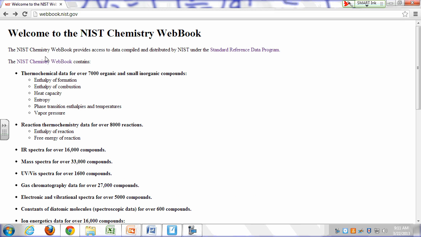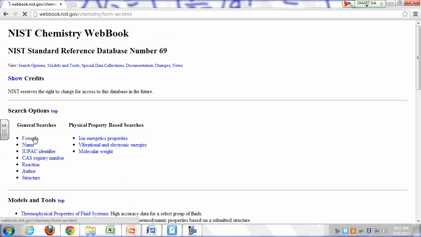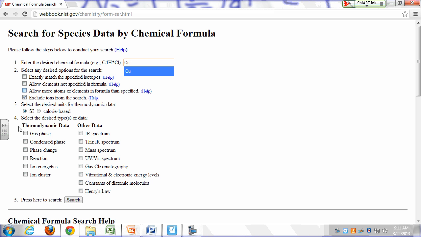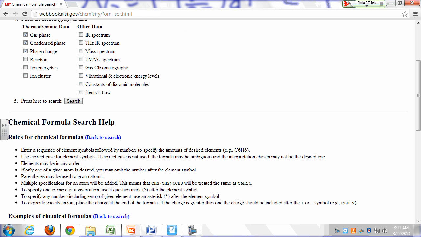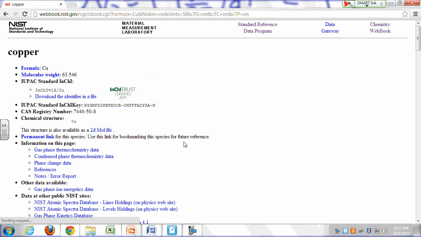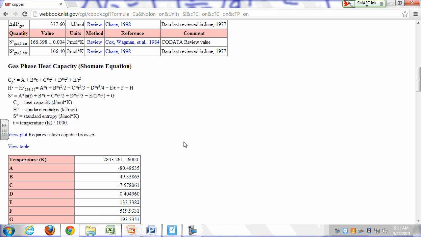Oops. Go to NIST webbook formula. Let's just do copper. Space, space reaction. Just collect everything. Okay, here it is. Cp as a function of temperature, and the constants that you need are right there. Okay, so you just plug that into your expression, and then you get your,